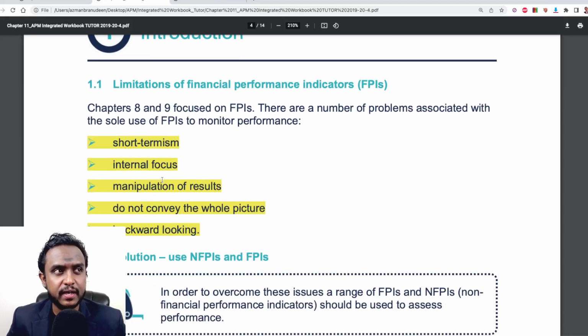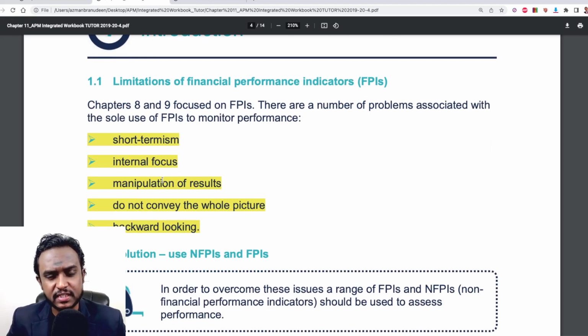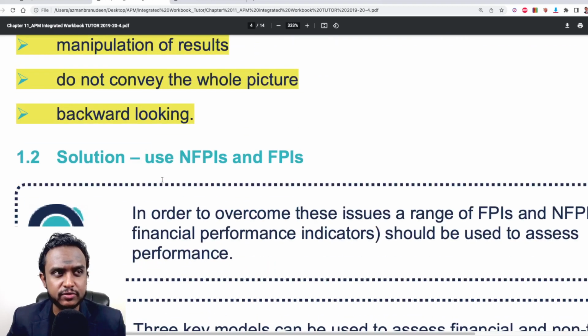So in summary, it promotes short-termism, it is internally focused, manipulation of results can happen, it doesn't convey the whole picture, and it is backward looking. Therefore, our solution is